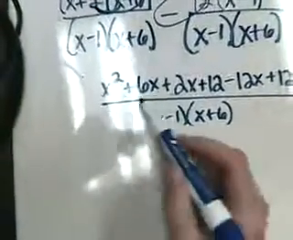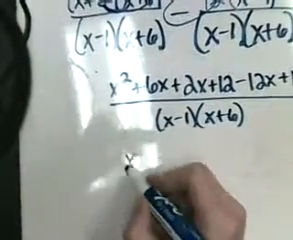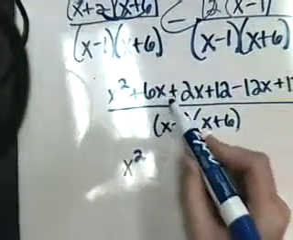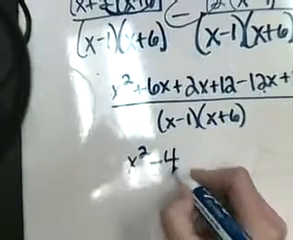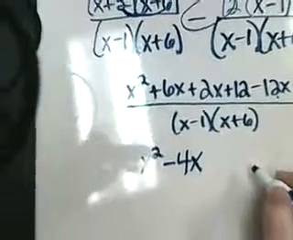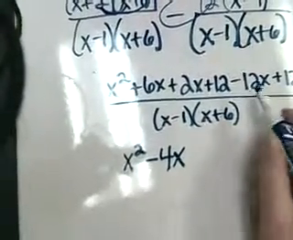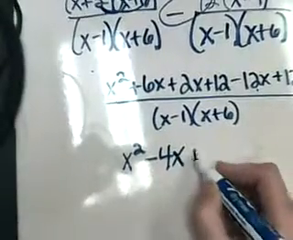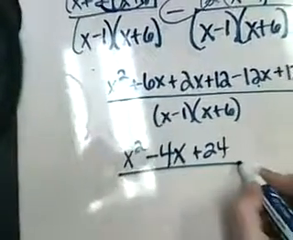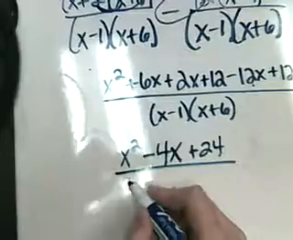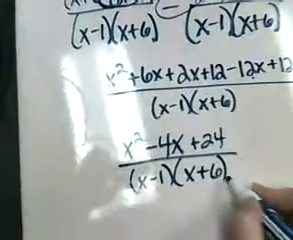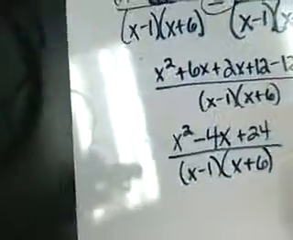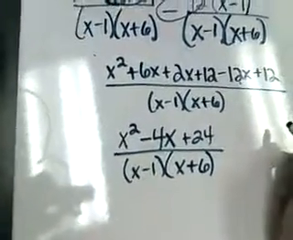Now, I need to continue to clean this up. So I have an x squared. Looks like I have 8x minus 12, which would be negative 4x. And then 12 plus 12 would be 24. Now that I've cleaned it up, I've squished it into one fraction, I have to make sure and see, can